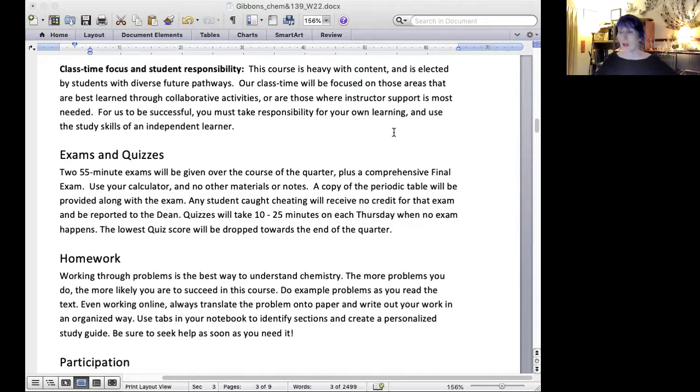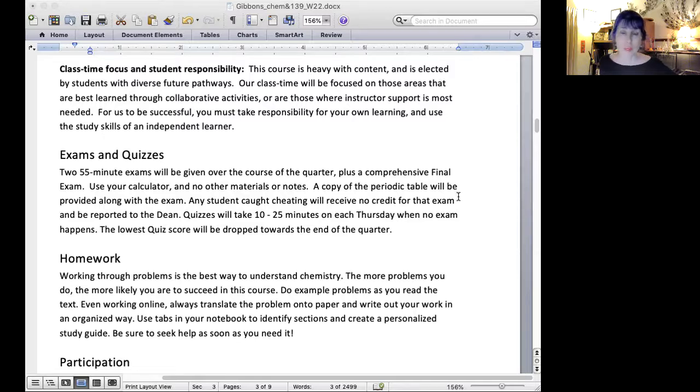And I don't drop that lowest quiz score until about week 5 or 6 of the quarter. So after we'll have a quiz that's a bit harder, then I'll drop one and the grades will bump up rather than having your lowest score dropped all quarter. So grades will tend to run low at the beginning and then bump up when I drop that quiz.